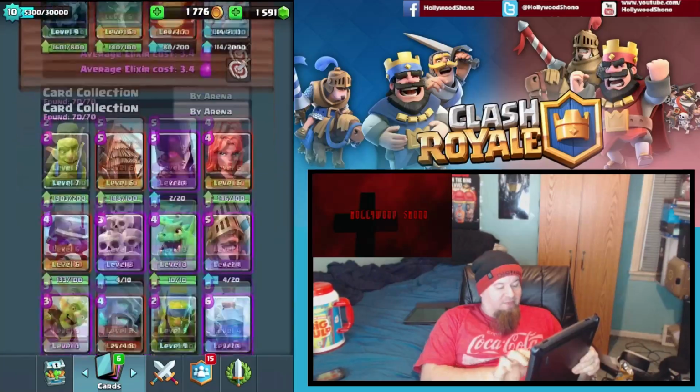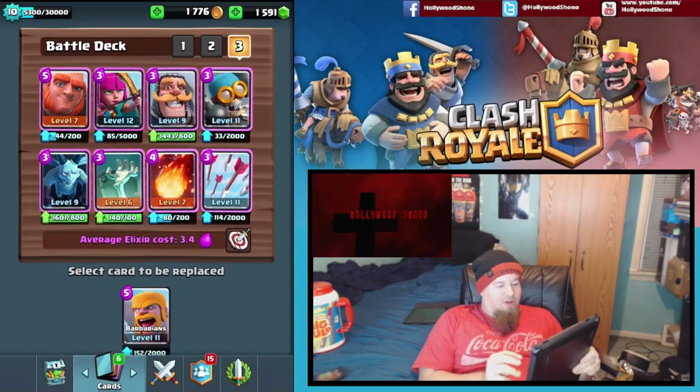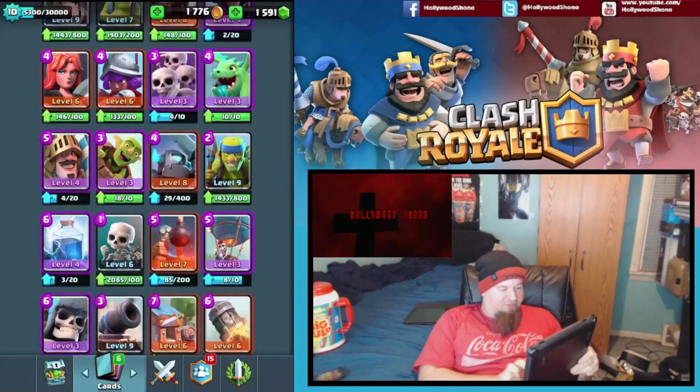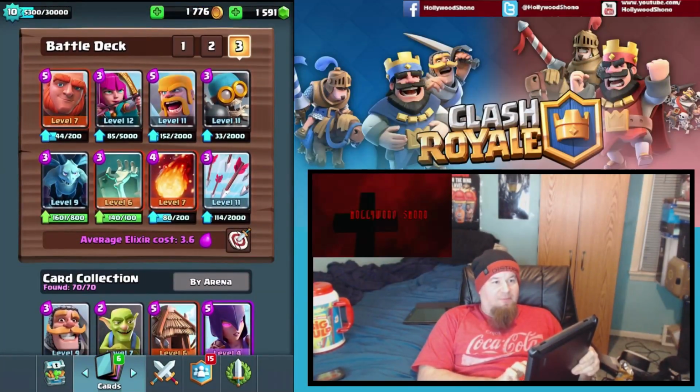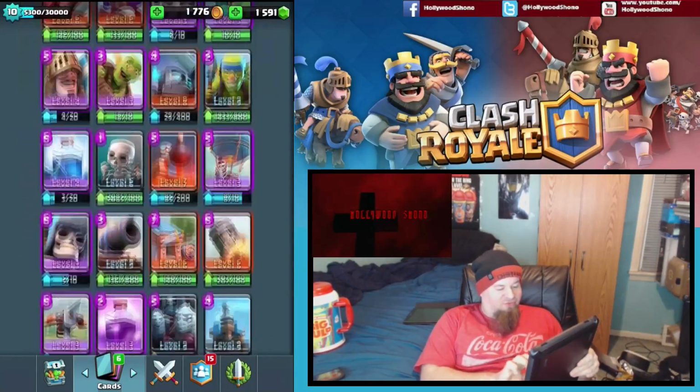So once Arena 3 comes out, you probably do want to grab Barbs, because it is a solid card. So you could either take out the Knight, or you could probably take out the Tombstone in that case. And obviously if you have a Witch, that's better than both of them because of all the trades that you can make. So once you hit Arena 4, that's when things really start to get interesting,